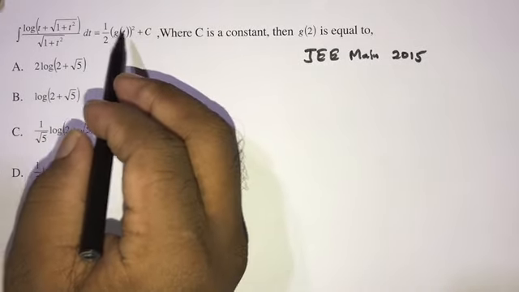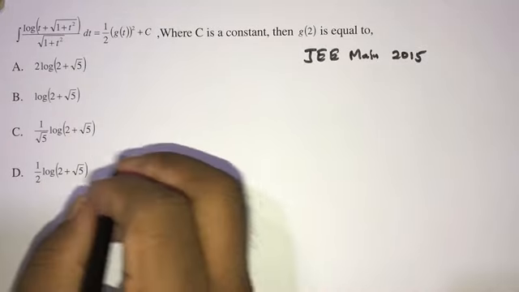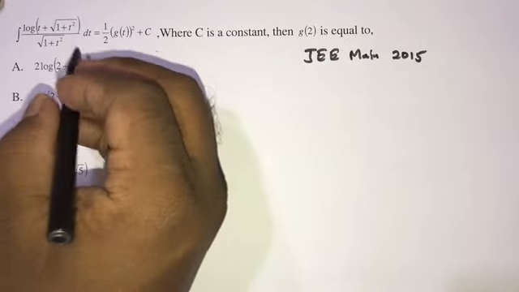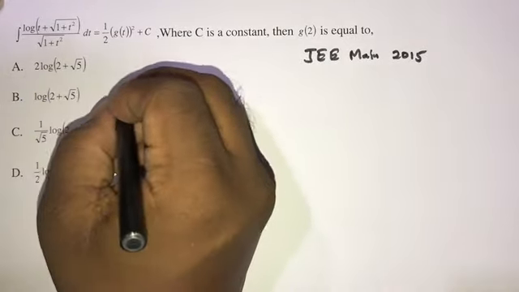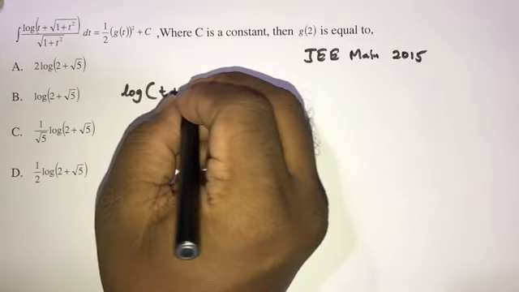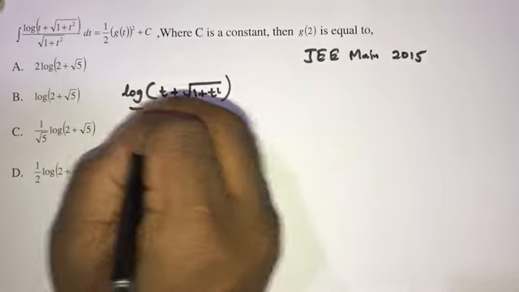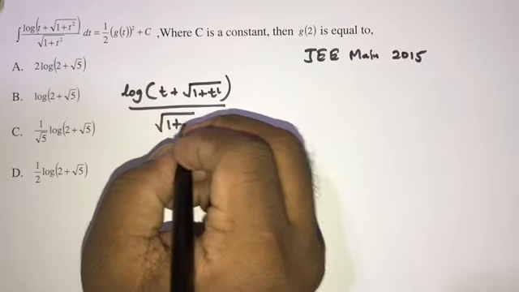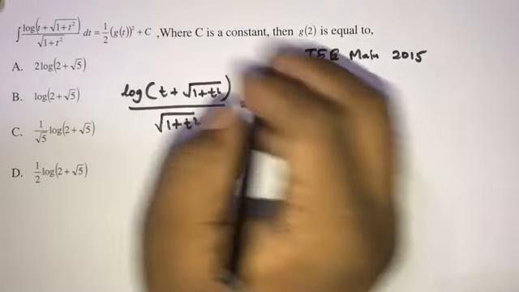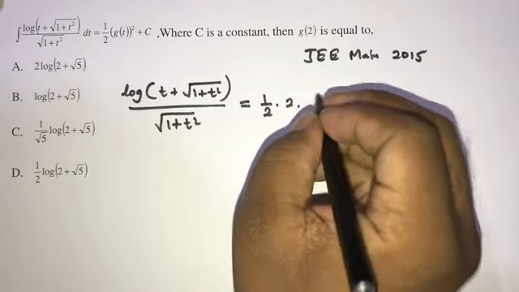Because here g of t, yes, absolutely, you can use this method. Take the derivative of both sides. Here we have log of t plus square root of 1 plus t square, over square root of 1 plus t square, is equal to, now the derivative of this side, so 1/2 times 2 times